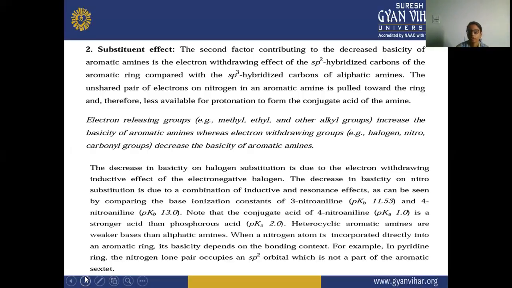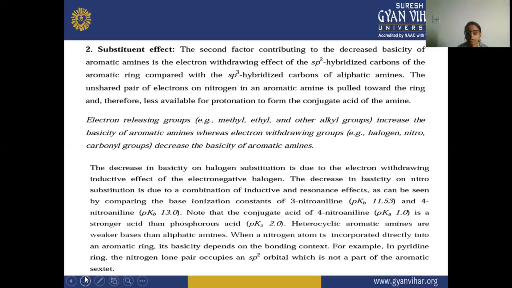So the electron releasing groups, that is methyl, ethyl, and other alkyl groups, are increasing the basicity of aromatic amines, whereas electron withdrawing groups, for example halogen, nitro, and carbonyl groups, are decreasing the basicity of aromatic amines. So in this case, the substituent effect, the second factor involved in the decreased basicity of